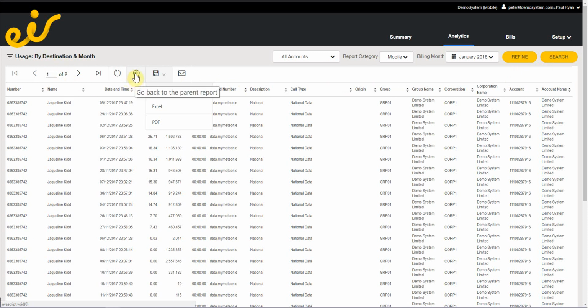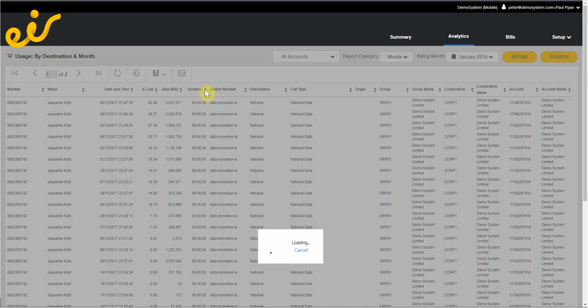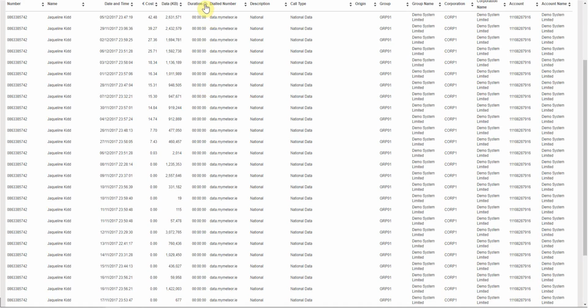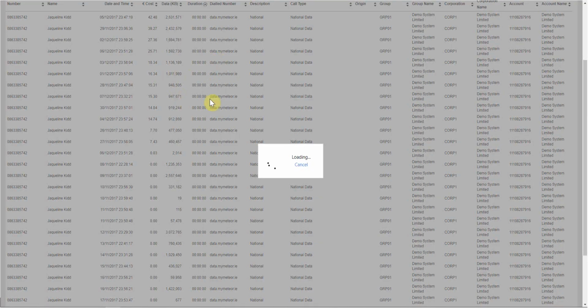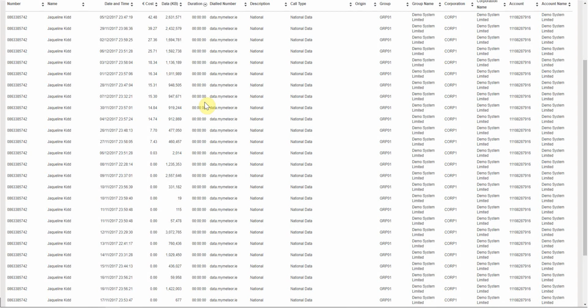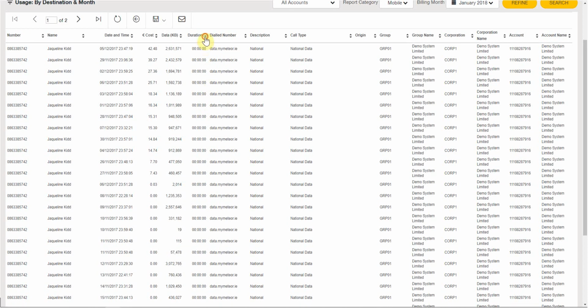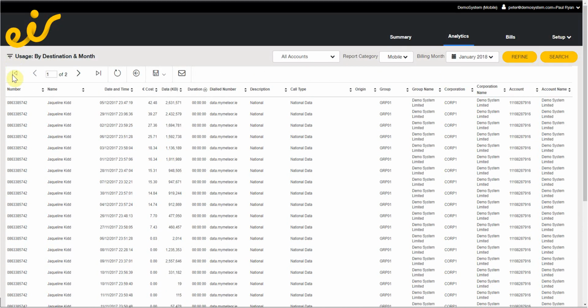To go back up, select this option here, and before I leave it, just to show you, you can order. They're ordered by cost, I think, is the default here, but if you wanted, you could go and resort any of the headers here using these arrows to sort up and down. And in this example, I'm just sorting by duration to see what was the longest call here. Okay, so I'll just come back out of that,